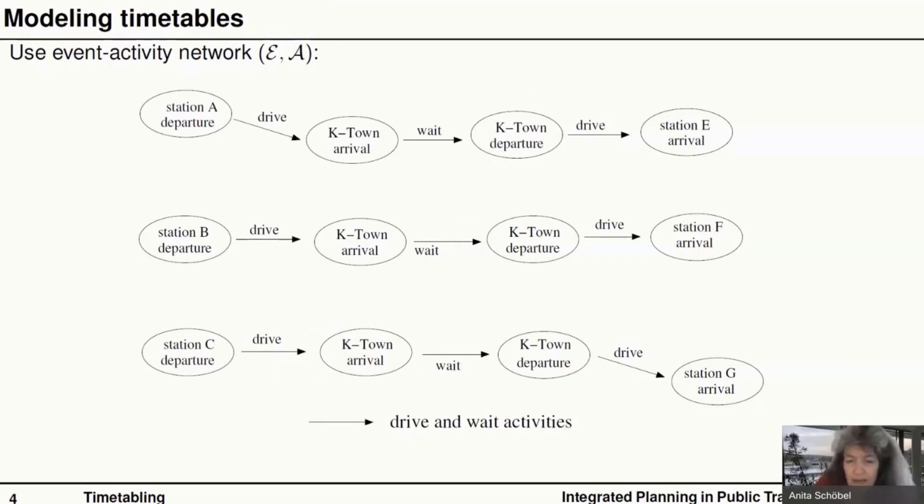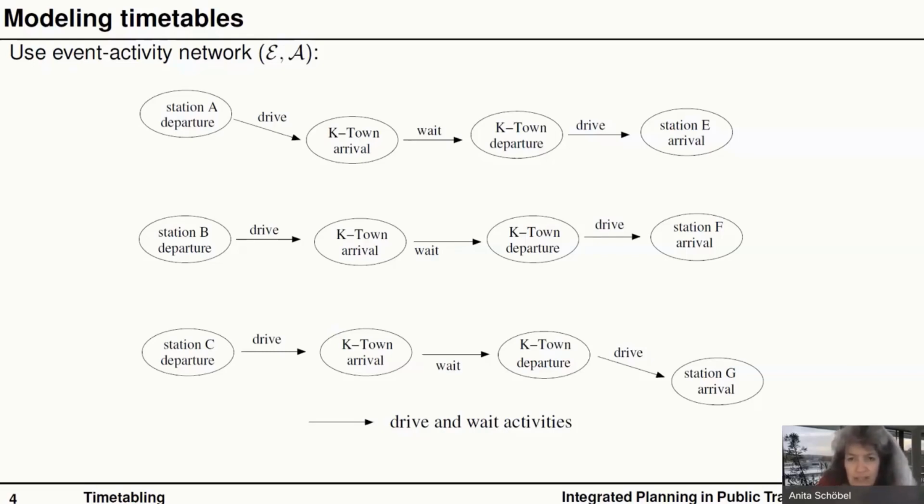Each departure and arrival is called an event. So we have a departure at station A, then a driving activity to arrive at K-Town, then a wait activity that allows passengers to deboard and board, and then again a drive activity until